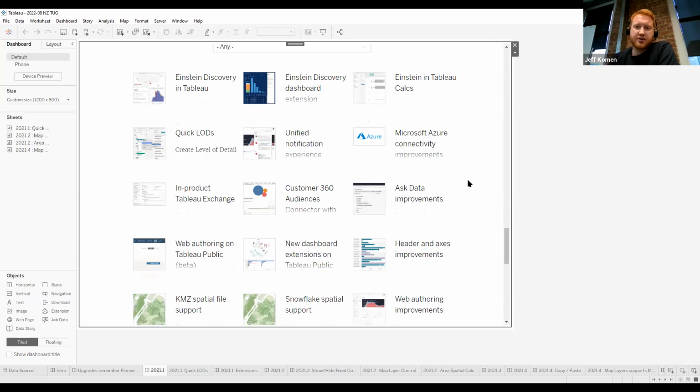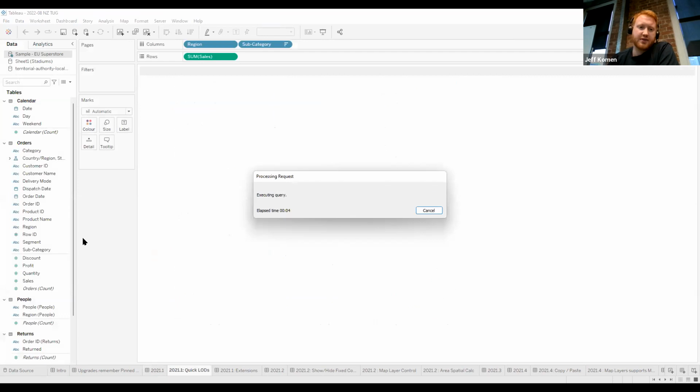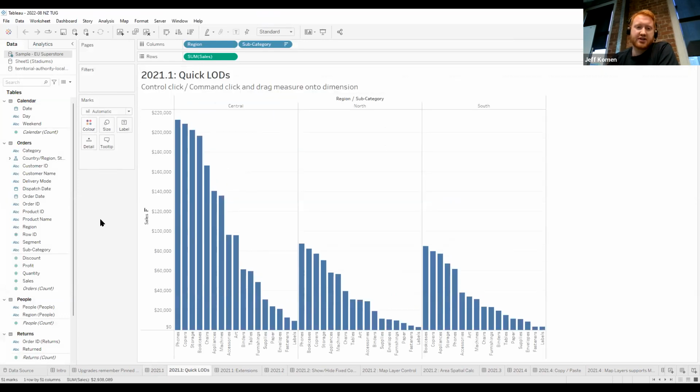For the rest of us, if we're not using Salesforce, I want to show you quick LODs. It can be really nice to create a quick LOD. And there's also a few other bits and pieces around extensions to extend your work in Tableau Desktop. So the first one is quick LOD calcs. If not everyone is familiar with level of detail calcs, they're really useful for a problem such as calculating a percentage of total within your data set. So in this example here,